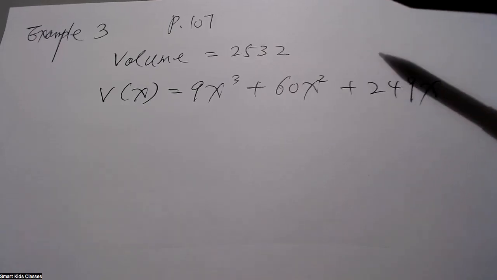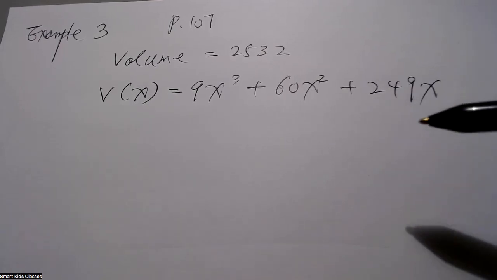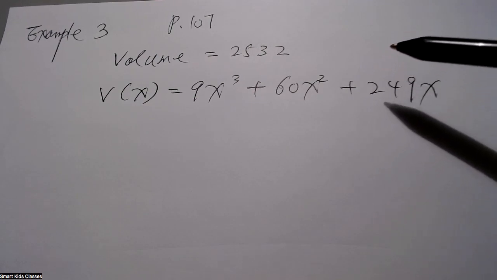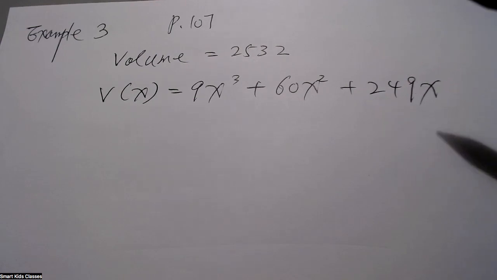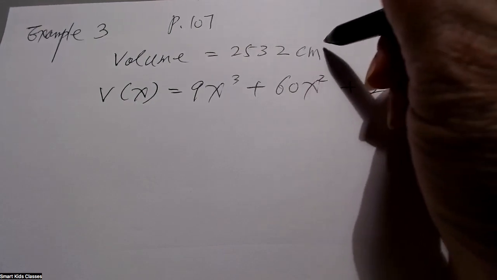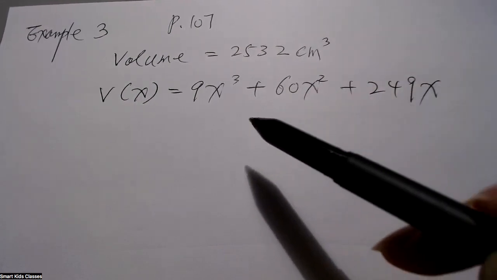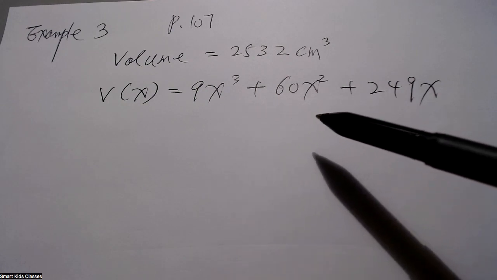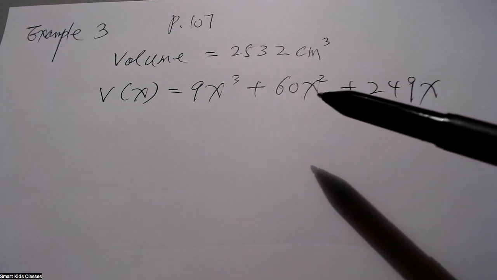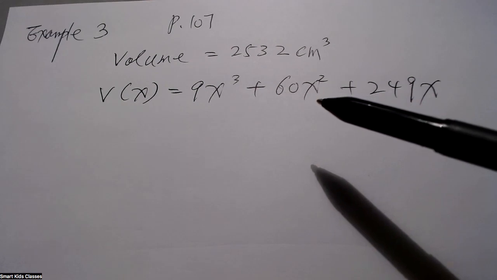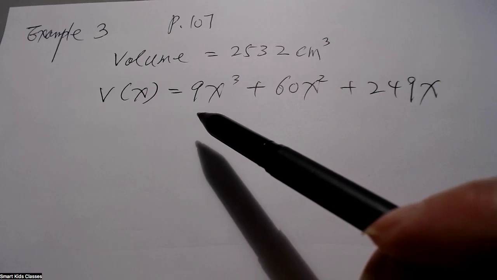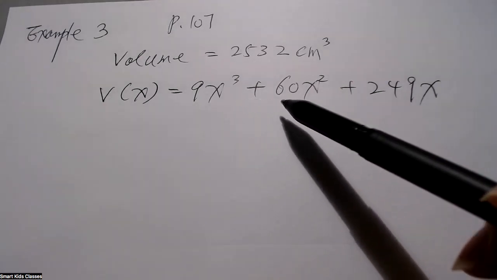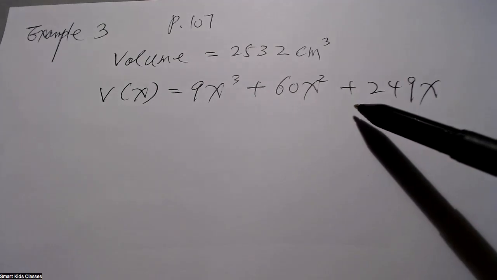Now example 3 is on page 107. It's given a polygon. It has a shape of 2532 cm exponent 3, which is the volume. It's given the volume equation for this shape. The shape should be a curve. So it's V of x equals 9x exponent 3, x16, x exponent 2 plus